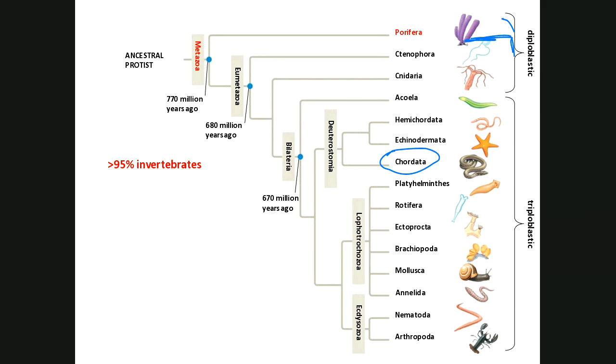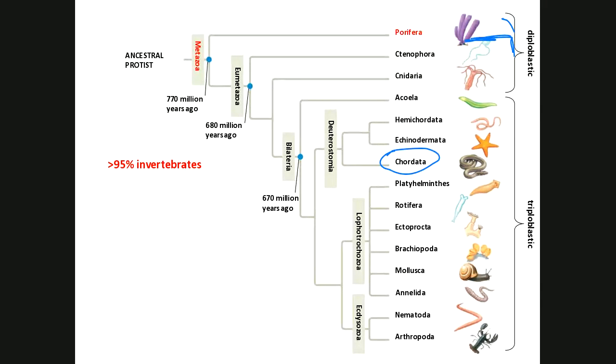Porifera can't be considered diploblastic because of the fact that it does not have tissues, right? Porifera is a multicellular aggregate, which is kind of bordering on tissues, but not yet defined. Remember we said tissues in animals have a very specialized definition. They refer to a collection of cells that perform a very specialized function, a functional unit, right? Like nervous tissue. Don't find those in Porifera, so that's not correct. The ctenophorans and the cnidarians, which are the first two groups that we'll talk about, do have tissues, and they're considered diploblastic. So indeed, they fall into the group that I pointed out to you yesterday, known as the Eumetazoa.